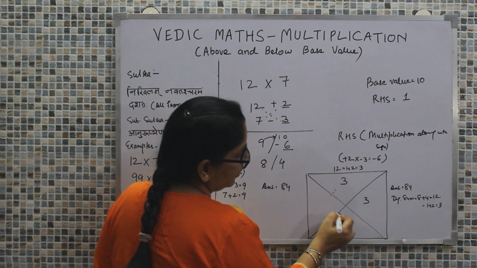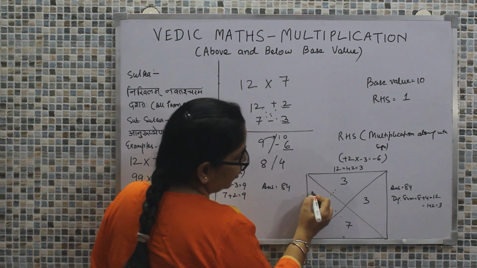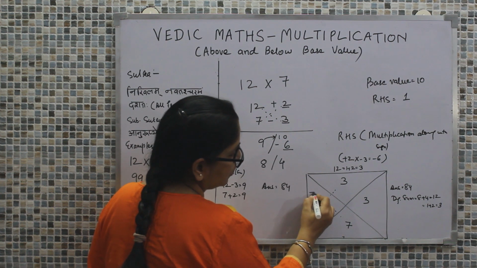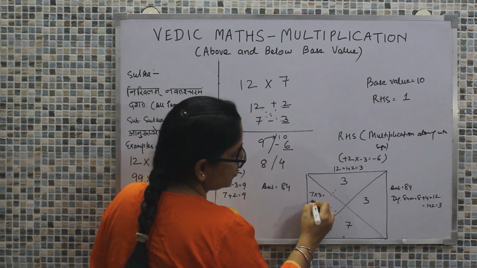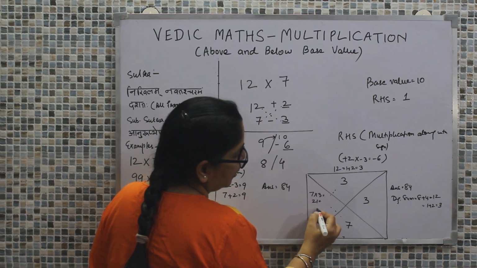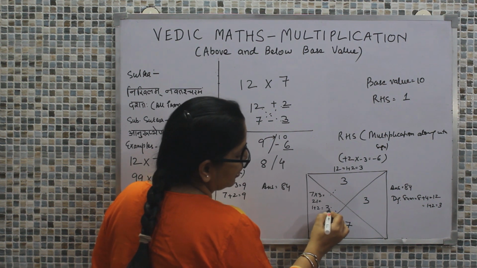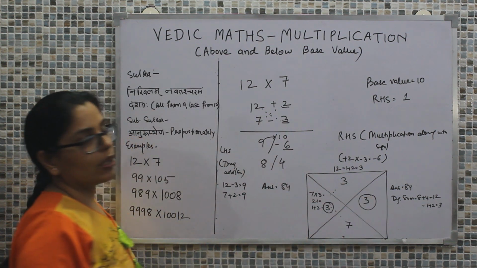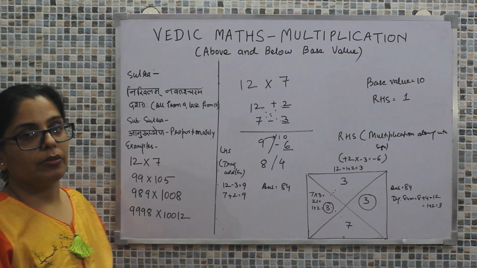Now calculate this other value. It can be obtained by multiplying the digital sums of the two multipliers. So that is 7 into 3, that is 21, and 21 can be written as 2 plus 1, that is 3. Because this value and this value match, our calculation is perfectly right.